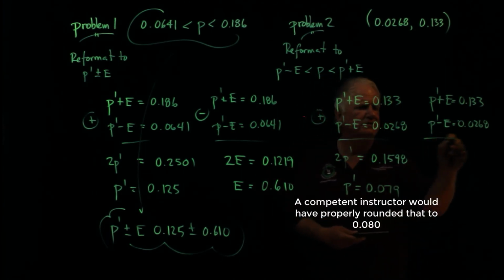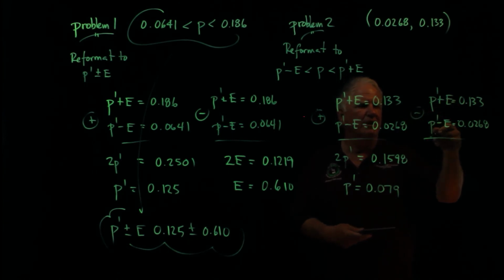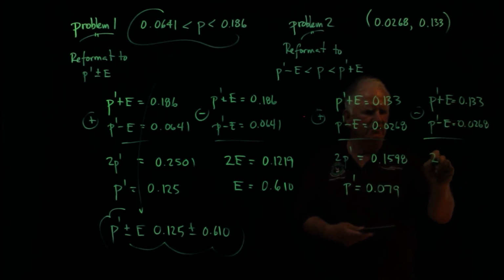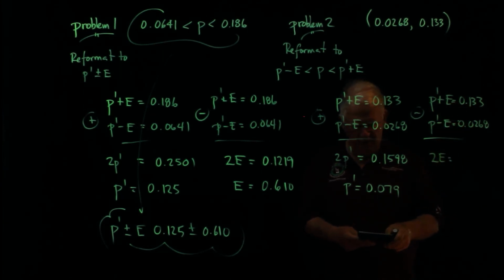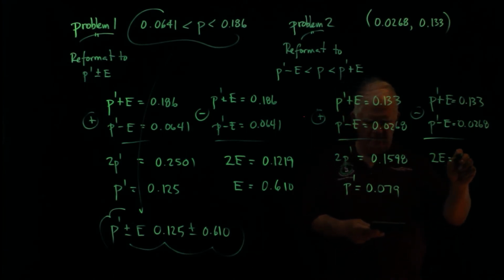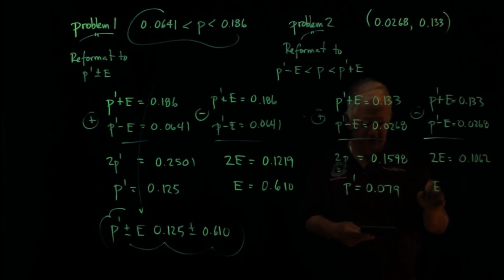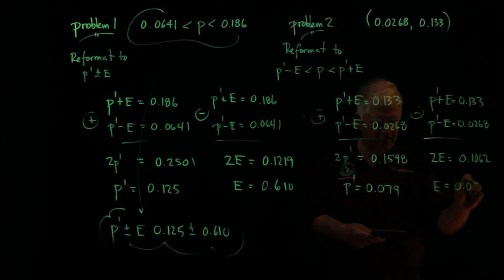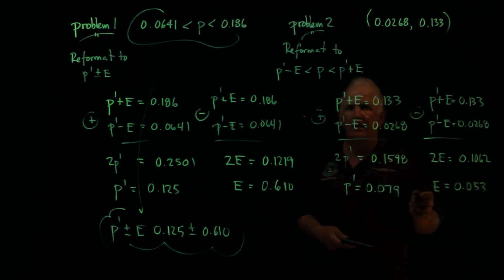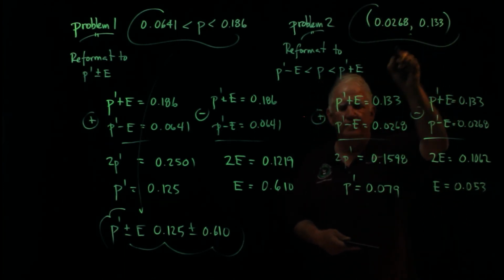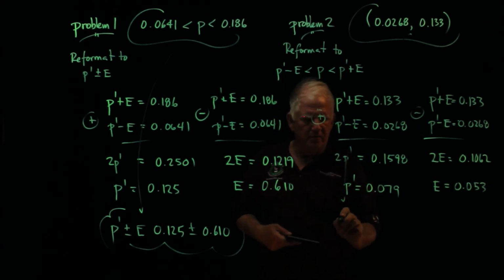Okay, and now over here, same thing, but I'm going to subtract. P prime minus P prime, 0, E minus minus E, 2E, and then 0.133 minus 0.0268. I'm subtracting them, I'm getting 0.1062, and I'm going to divide both sides by 2, and I'm going to get 0.053. All right, so I started with this form, and now I can write it in this form: